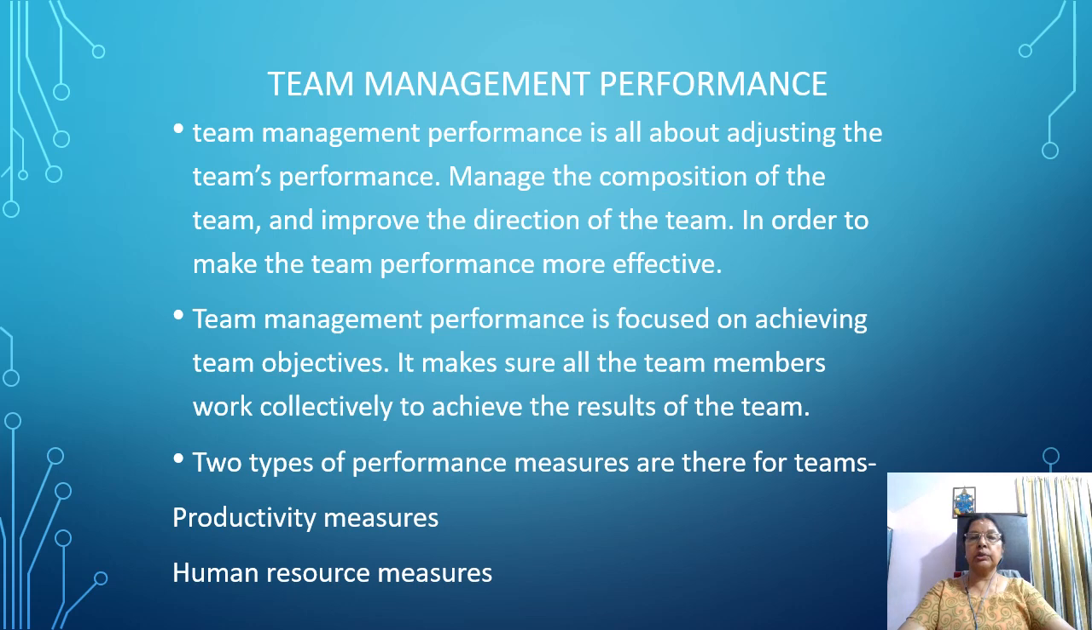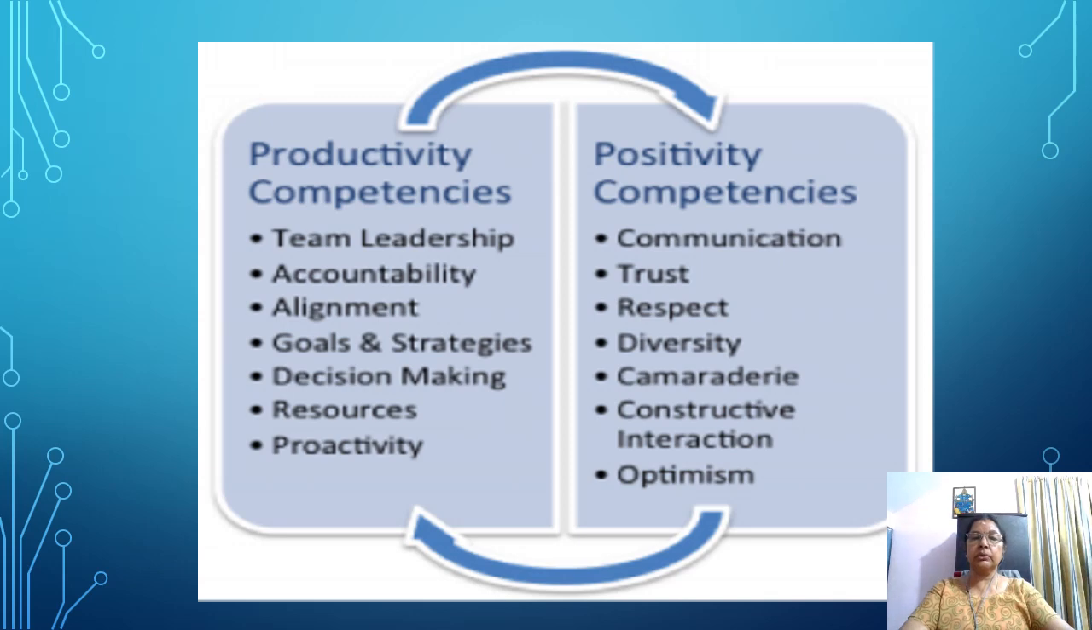So, team performance management. This is all about managing the team's performance so that they become more effective. Two types of performance measures are done for teams. One is productivity measures, and the other is human resource measures. Productivity competencies cover what kind of team leadership they have,